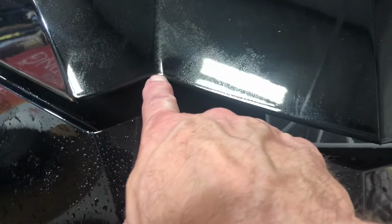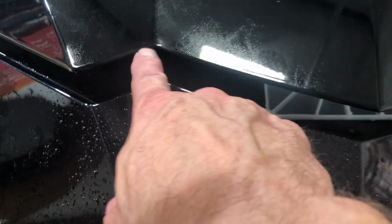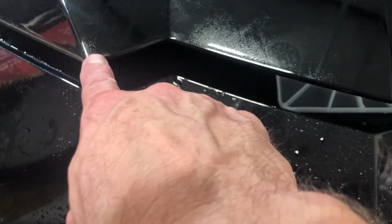And I just had one person who brought one in that was wrapped locally, and he wanted to ask me if I could do a better job on his hood because where this stealth fighter look is, all this was notched out, meaning they didn't wrap this, they kind of cut a relief cut. So I'm showing you here,